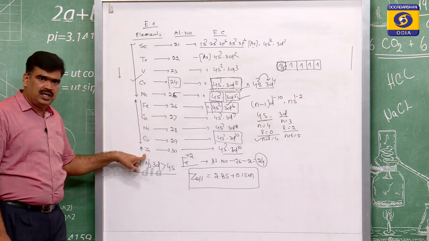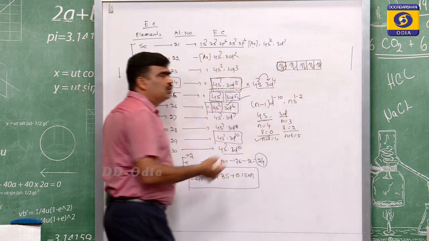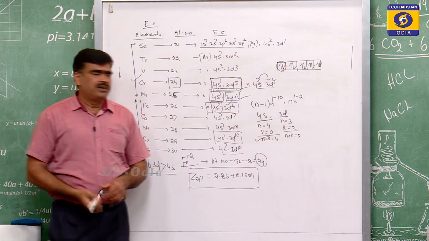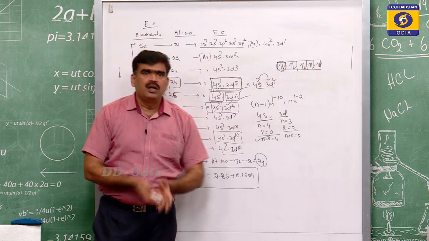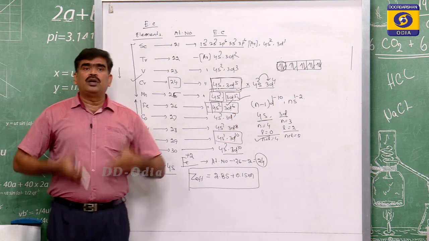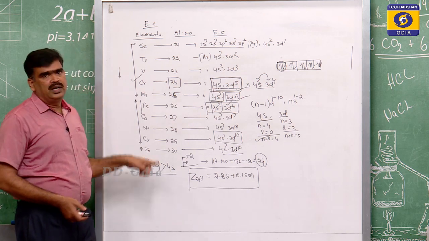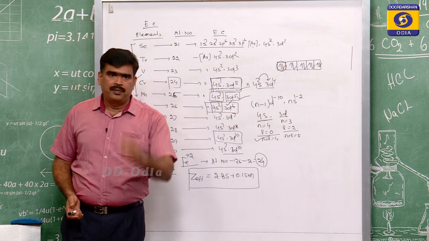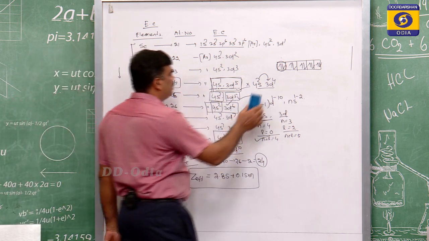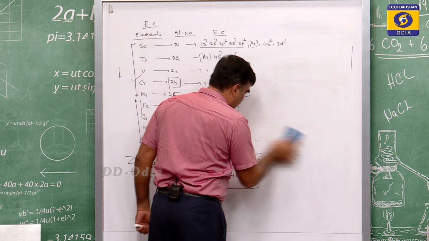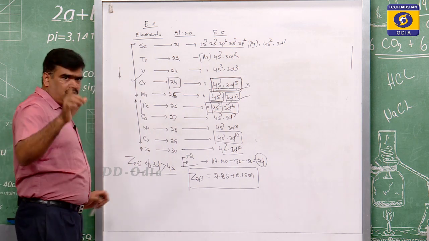Now, towards the end, in zinc, since all the d subshells are fully filled, there is greater attraction, but greater repulsion. So, repulsion dominates over effective nuclear charge. That is why zinc has a little bit higher atomic size than copper. So, what is the overall size among the transition metals? Very important to remember. I will also give you a trick.